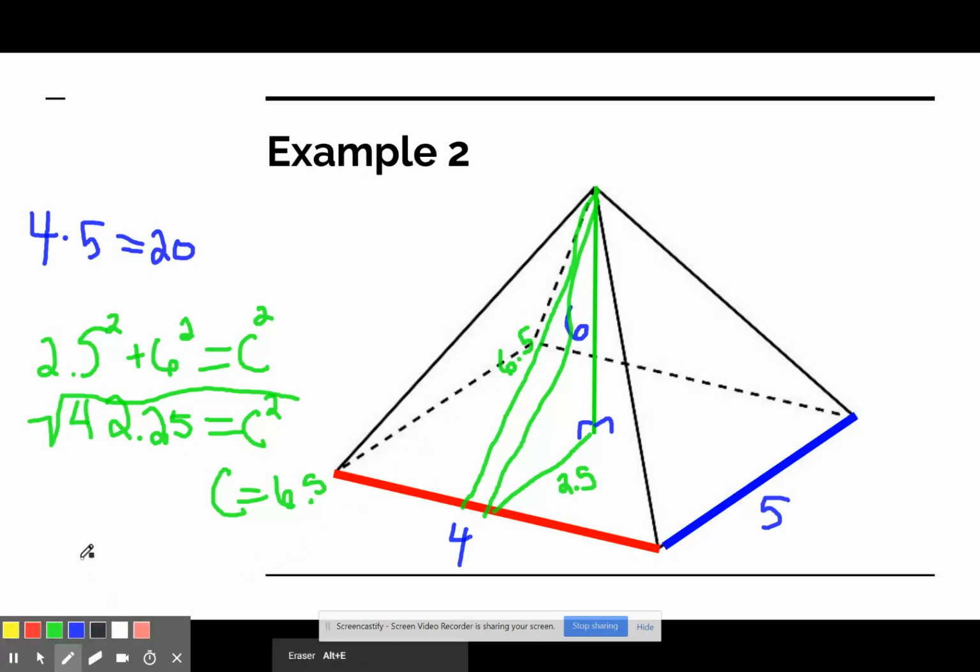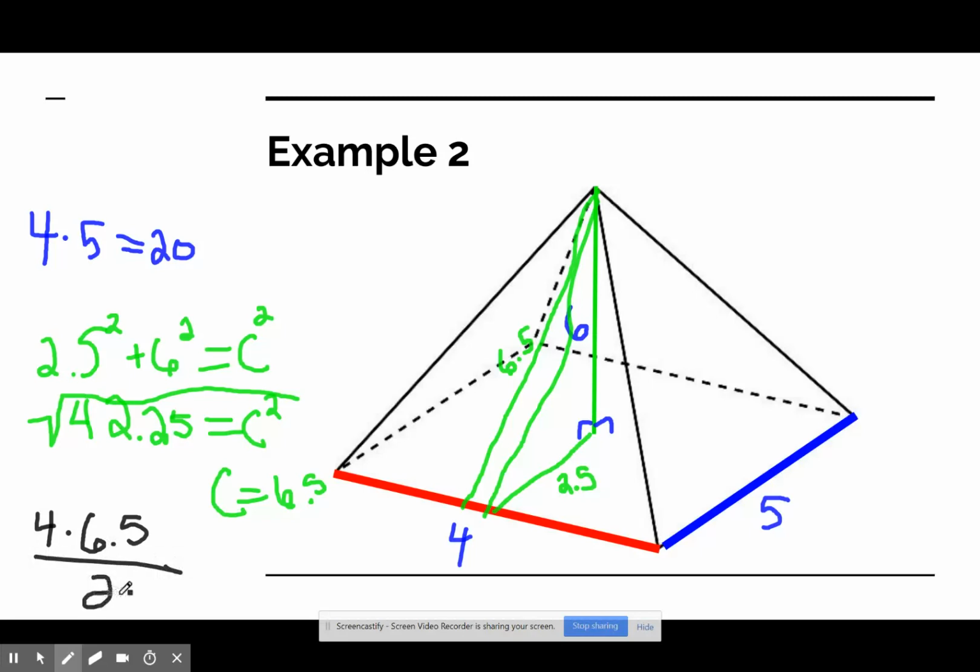So now we're going to take our base times our new height that we just calculated, which is 6.5, and divide that all by 2. When you multiply 4 times 6.5, you should get 26. So you get 26 over 2, which is 13. Now because we have this front and the back, we're going to multiply 13 by 2, and we'll get 26. So now we have 26 more units. So I'm going to put the 20 here, and I'm going to put the plus 26 for 2 more triangles. Now I'm